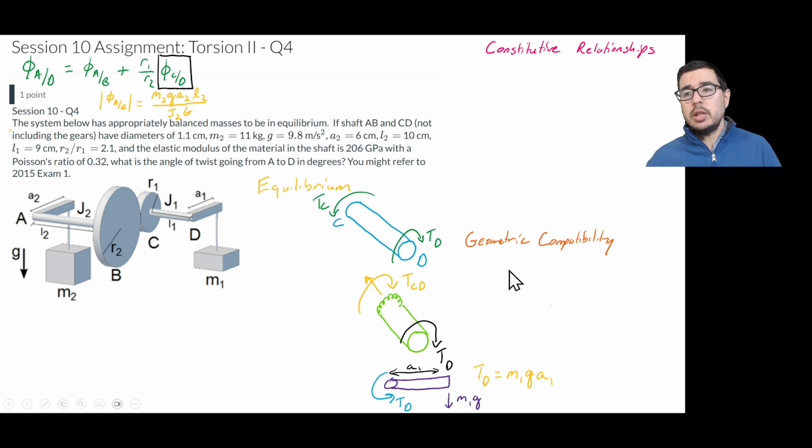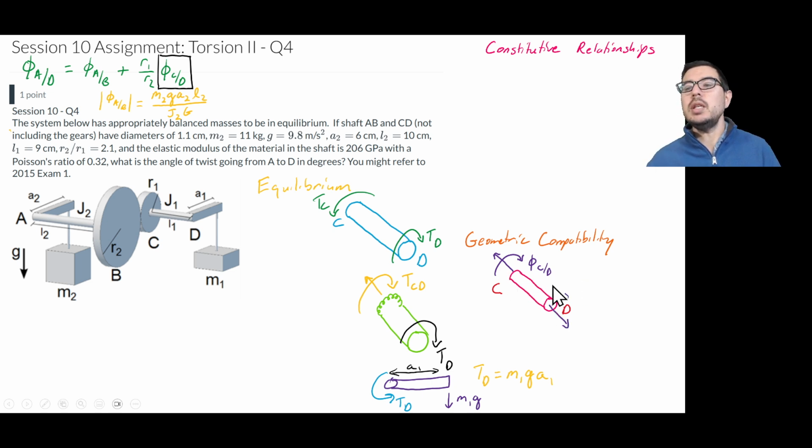Let's turn our attention to geometric compatibility. And remember, we're focusing on what is the angle of twist in CD. So we're thinking pretty much just about the shaft at this point. Once again, we can write out the shaft, and we talked about this in question 3 about using a convention